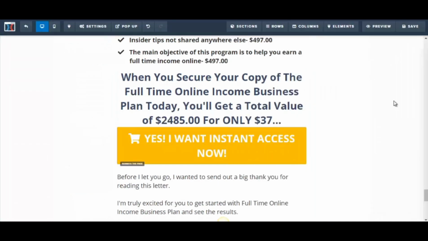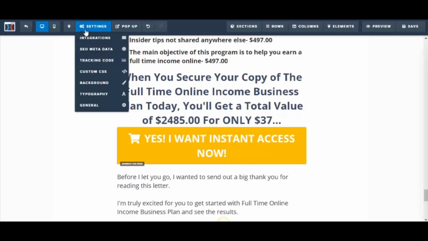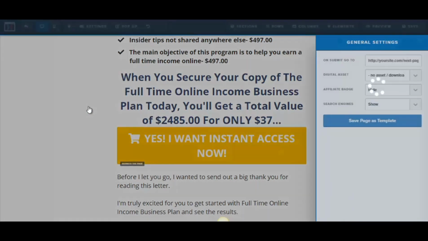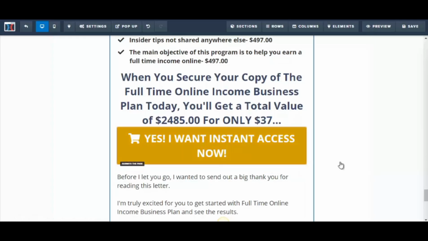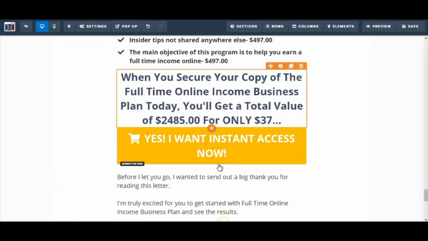And in order for an order to be submitted, you need to go to the settings here and click on general, and where it says on submit, go to, and you could enter the URL of the checkout page if you're using a different platform. Now, if you want to use a different button, what you could do is delete this and you just click on any of these things here where it says add new element,